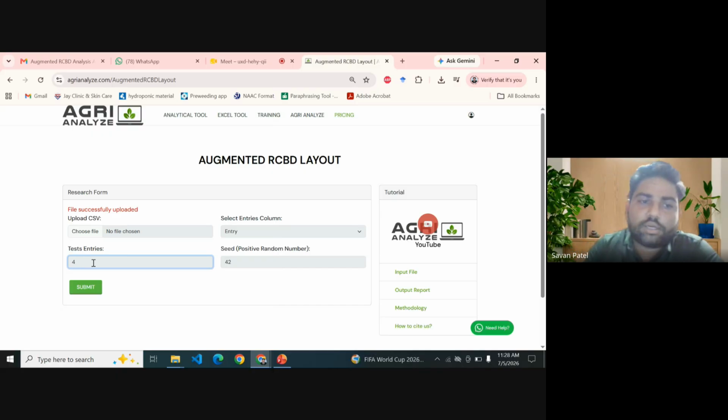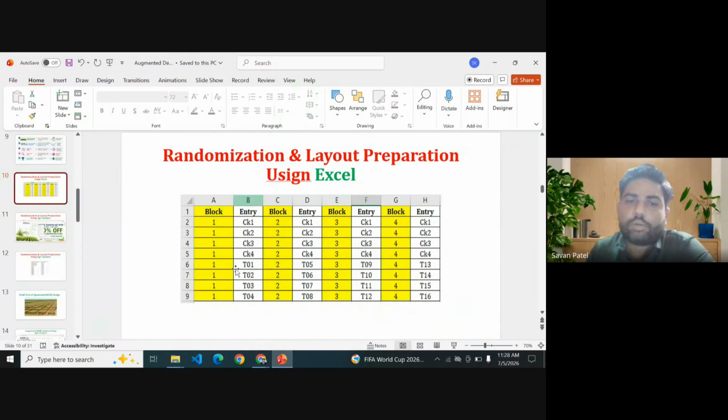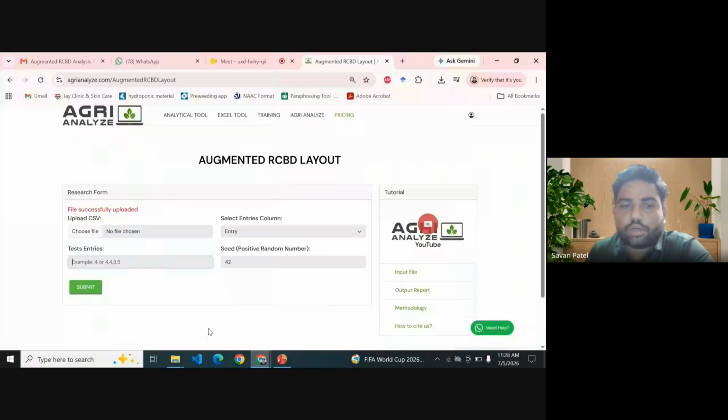But in our data, all our blocks are having the same number of entries. All our blocks are having 4 entries. Treatment number 1 to 4 is present in block 1, 5 to 8 present in block 2, 9 to 12 treatments are present in block 3, and 13 to 16, 4 test entries are present in block 4. So we have to just write a